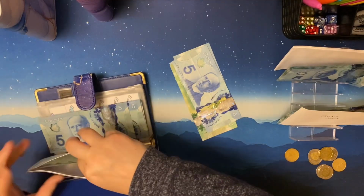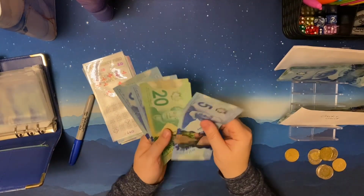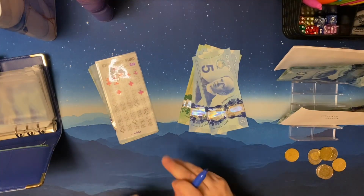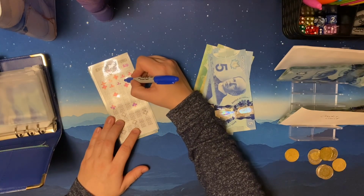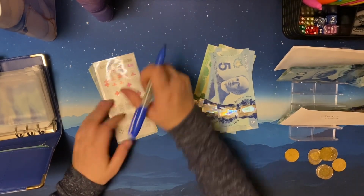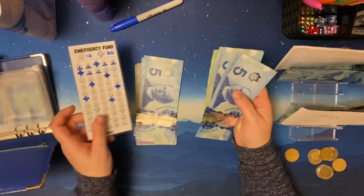For the emergency fund, I will be adding 20, 40, 5, 50, 55. So we're gonna do 20 and just a half of 1 for 5. Actually, I'm gonna take that one out. I'll just take the $5 bill out because I'm gonna be restarting this challenge anyway. So this 5 can go to the extras. So in here we now have